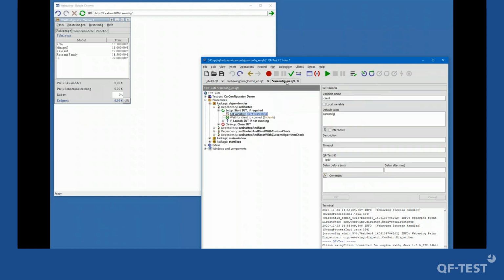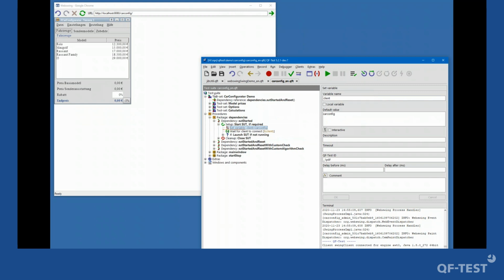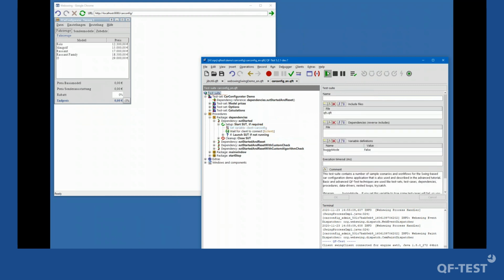What I have here is our standard car config demo from the demo suites provided with QF-Test. It's just one single change. I'm not going to override the client variable because the client now comes from the other setup. It's the Swing client. But apart from that, the whole test suite